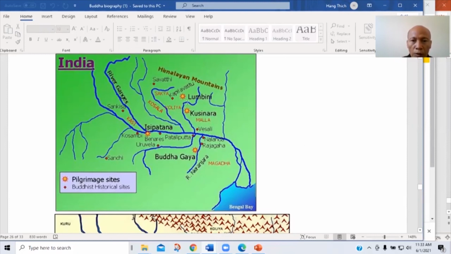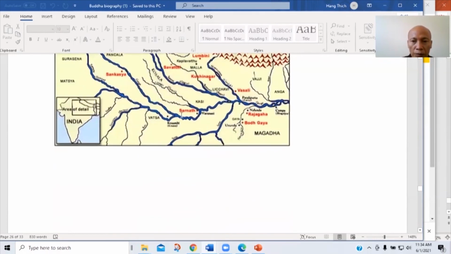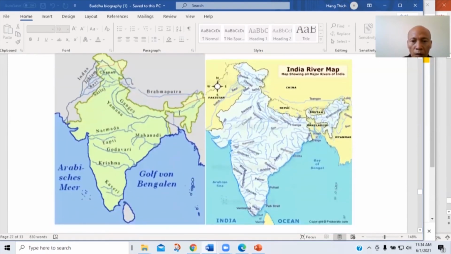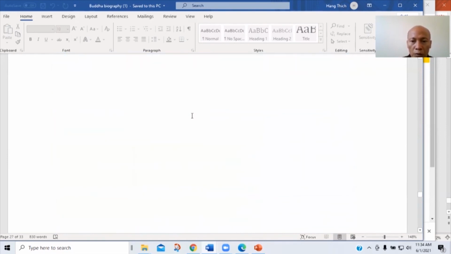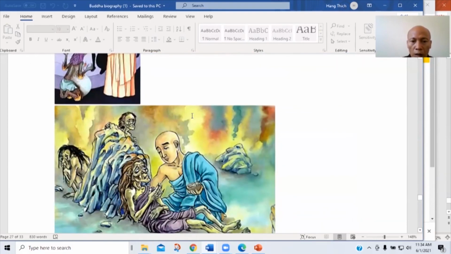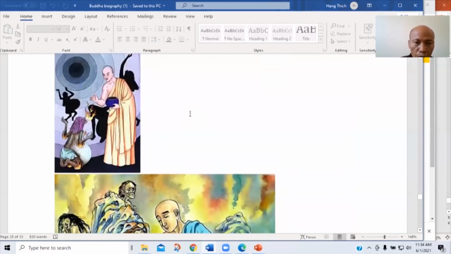So here is the pilgrimage site of the Buddhist historical sites. Again, Lumbini, that's where he was born. Bodh Gaya, that's where he attained enlightenment. Sarnath, or the Deer Park, where he first gave the teaching, and the last place, Kushinagar, where he passed away. And this is the same thing too. Okay, so this is the Indian map in general,